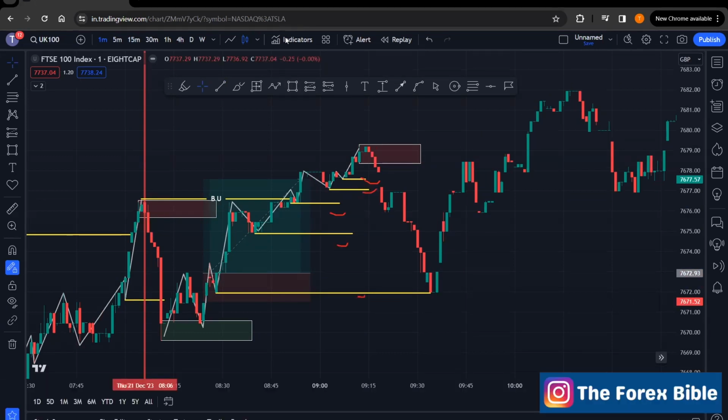Whenever the buyers are buying in the market, they're putting the stop losses below the support levels in the area. So we have bought from here. Some people have bought from here after the breakout. Some people have bought from here or over here. Where are they putting the stop losses? Below the supports. So this is the support, this is the support, and this is the support. Even this is the support. So basically, these are all the support zones from where the buyers have put their stop losses